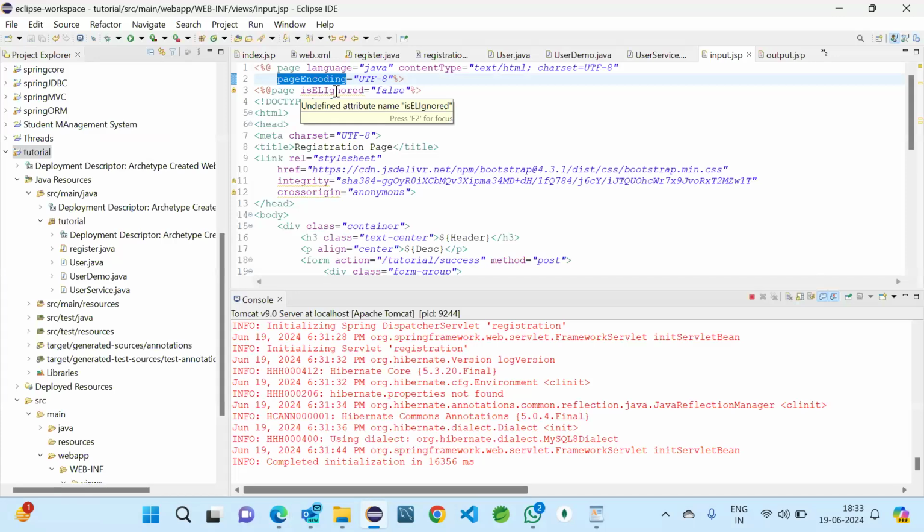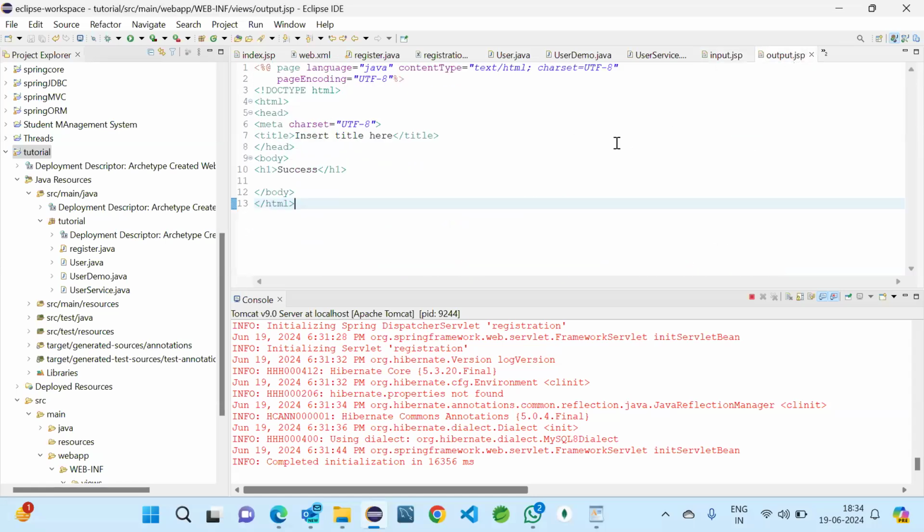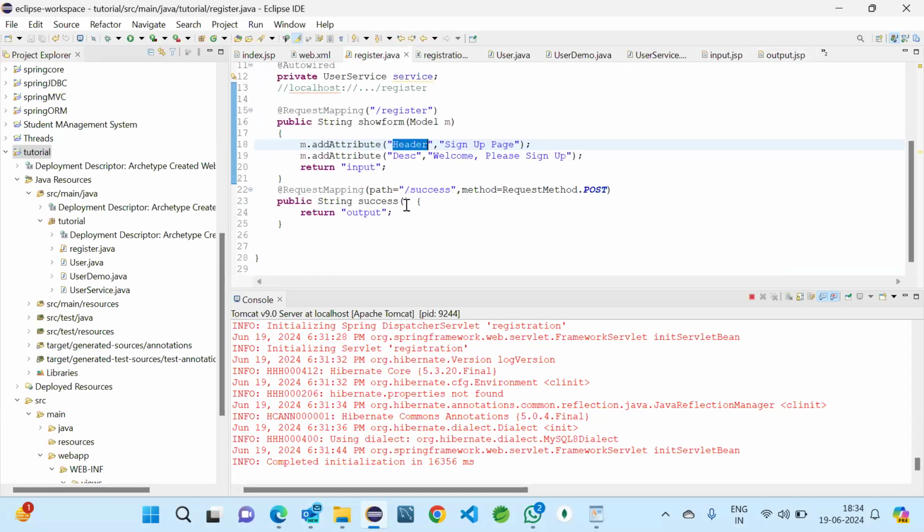So is it clear? Yes, clear. Yeah. So after that, what we'll do, we will come to this output, and here we need to do one thing. We wanted to store them in the table also, but how will it be stored? That thing we will do in the output only. So first we go to register, and here we'll pass the user. For that, we need to take the user values now.